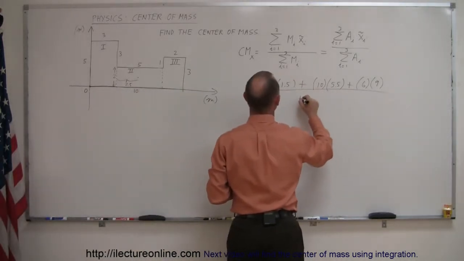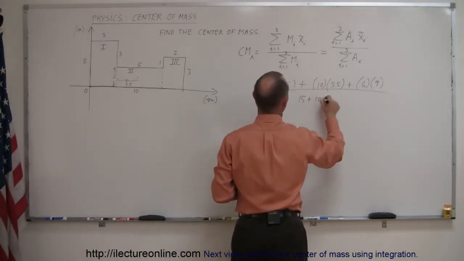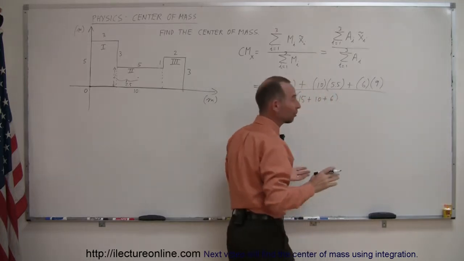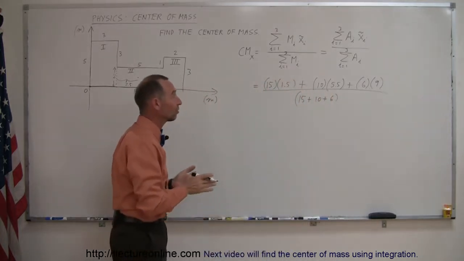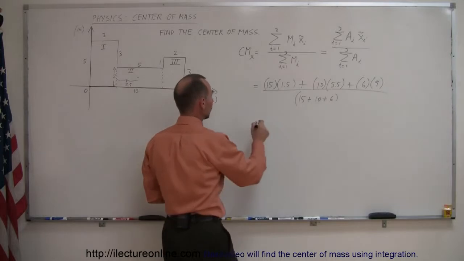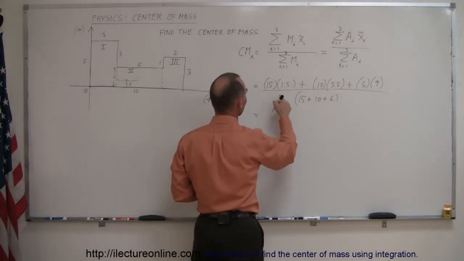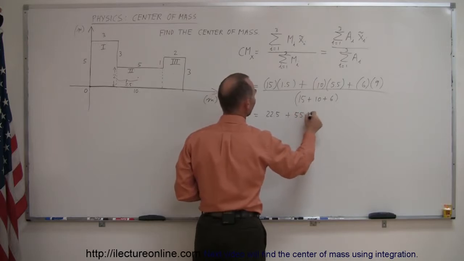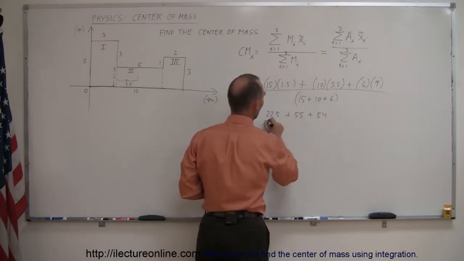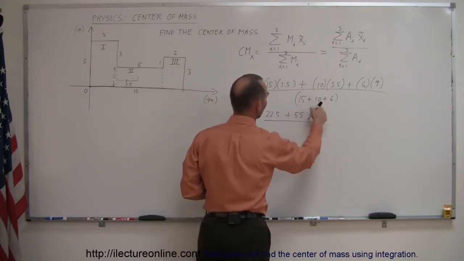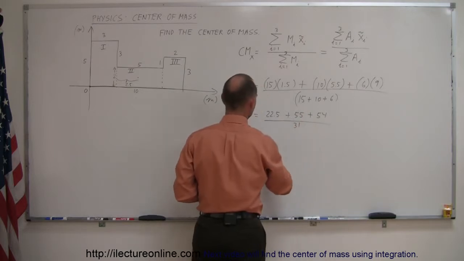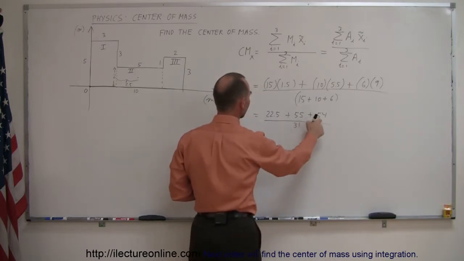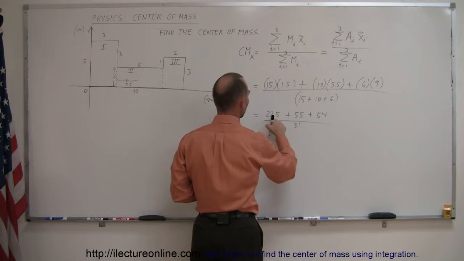So in this case, that's equal to 15 plus 10 plus 6. I did say the sum of all the masses, but really what we're doing here is adding the sum of all their areas. So what is this equal to? 15 times that would be 22.5 plus 55 plus 54, all divided by 15 plus 10, that's 25, that's 31. So that would be 109. Added to that, that would be